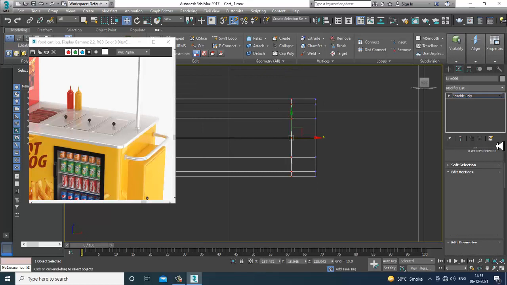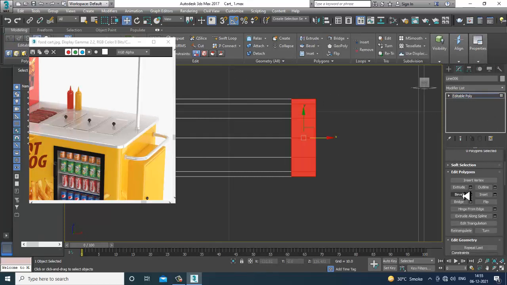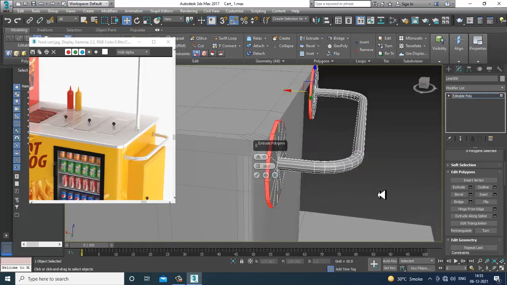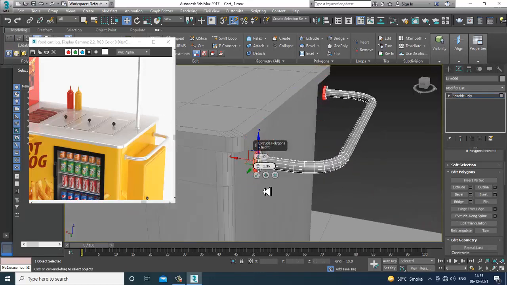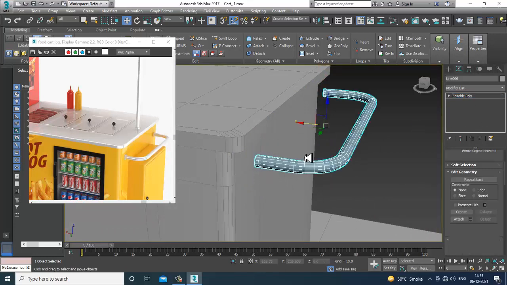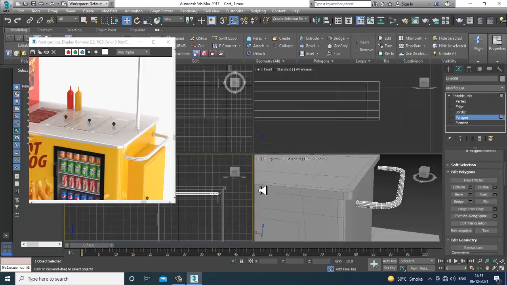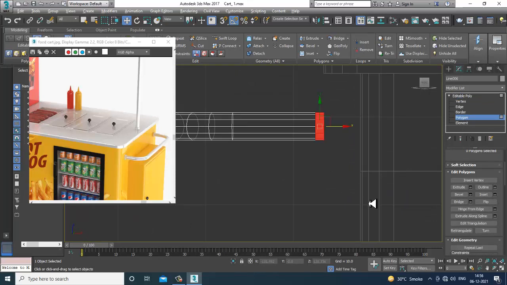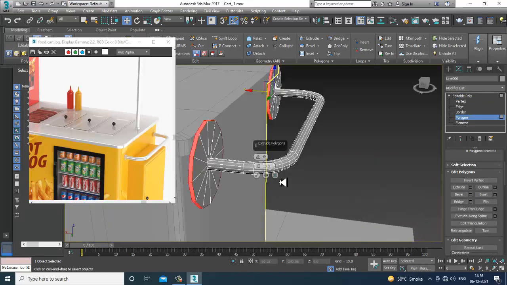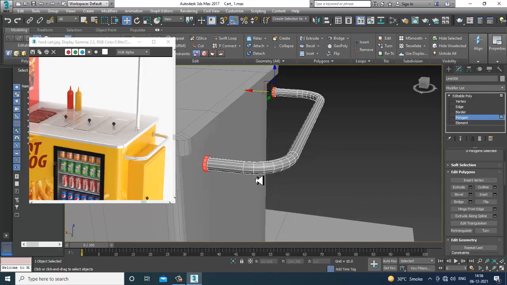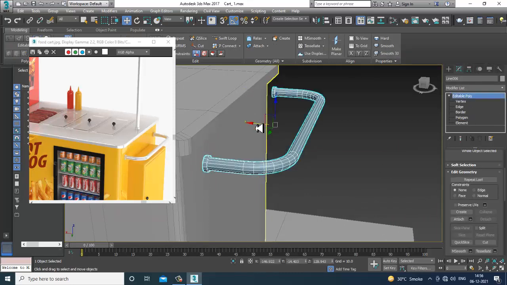Select the polygons and let's give extrude by local normal. So select the polygons, let's give extrude. After that,